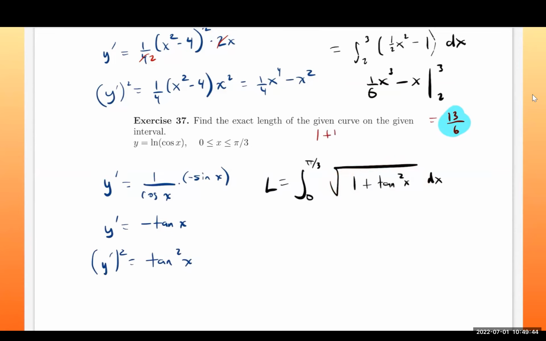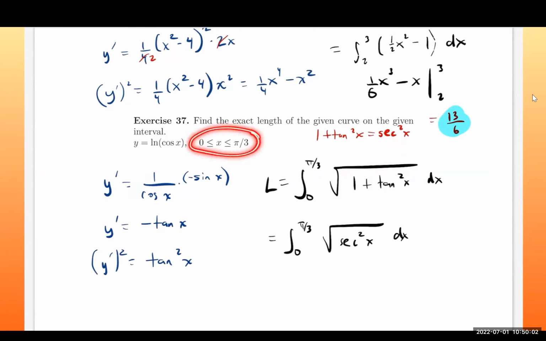This should look very familiar to you. We're going to be using an identity. The identity is 1 plus tangent squared x equals secant squared x. So we're going to do the substitution in here, and that's going to give us the square root of secant squared x. And as you can see, we're in the first quadrant. Secant is positive in the first quadrant, so we don't have to worry about negative roots in this case. It's just positive secant